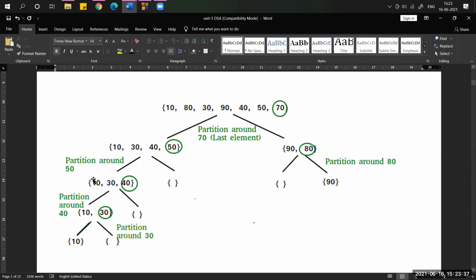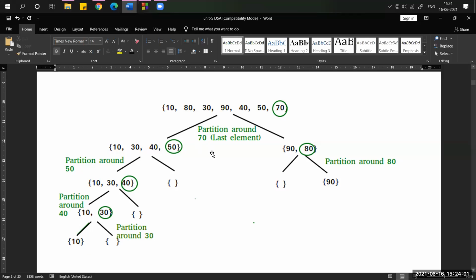Again the same, so the left array should be partitioned again. When do we stop this partition? Until we get a single element. Until we get a single element, we have to do the partition again and again, and every time we have to pick the pivot also.